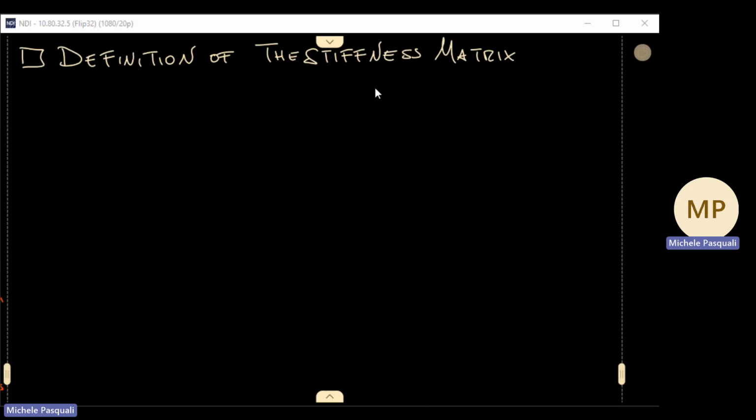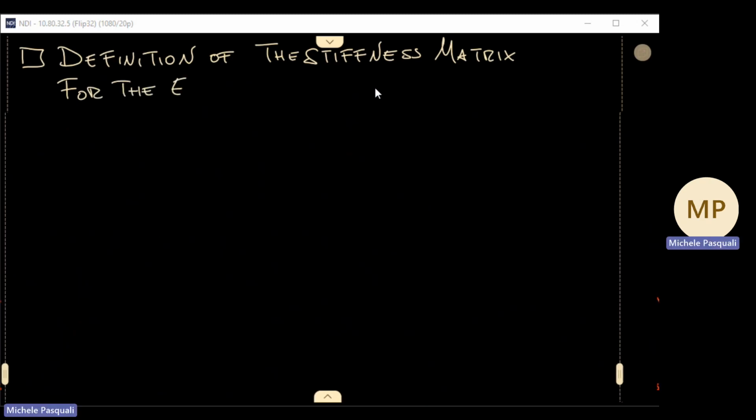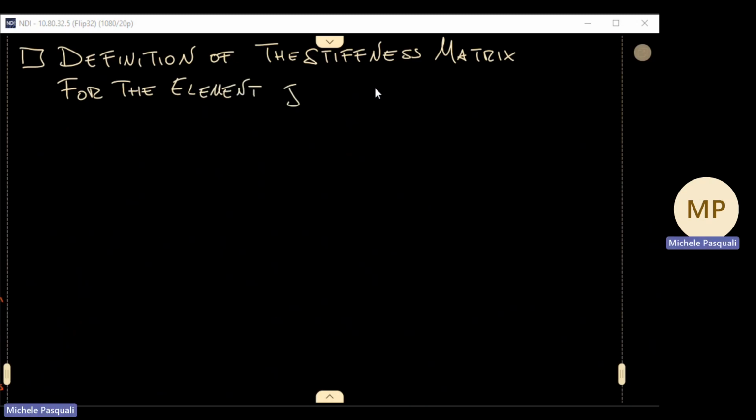Let's say, at least as for the start, for the element. Okay, so we start always from the element level. And as we always have done so far, we start with the work of the elastic forces for the element J. So work of elastic forces